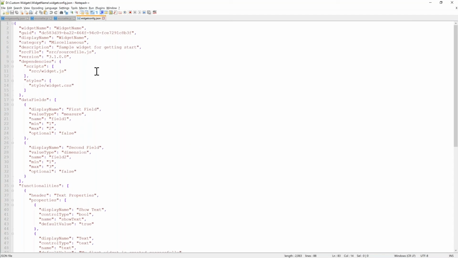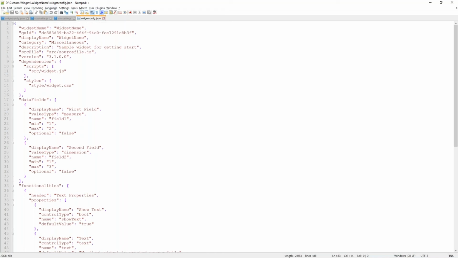Okay, so for this example, I have taken a Venn diagram widget. It is derived from D3JS. The main reason for me to go to D3JS is I want to show the flexibility that the Bold BI dashboard designer is capable of including any type of widget, not only the Syncfusion EJ charts. Okay, so I have implemented the Venn diagram visual as a custom widget, and I have it here.